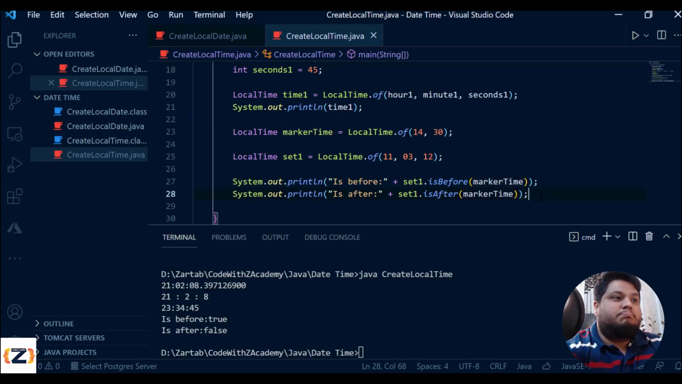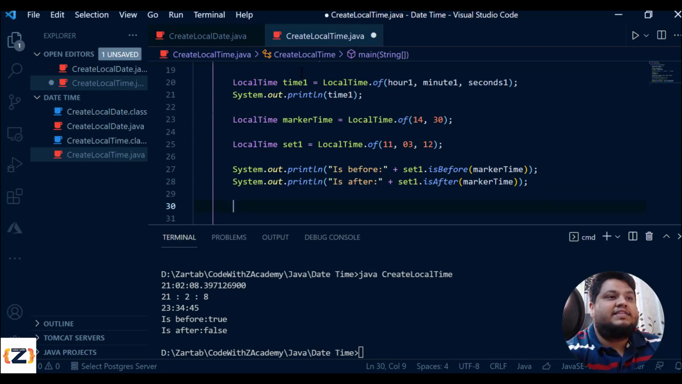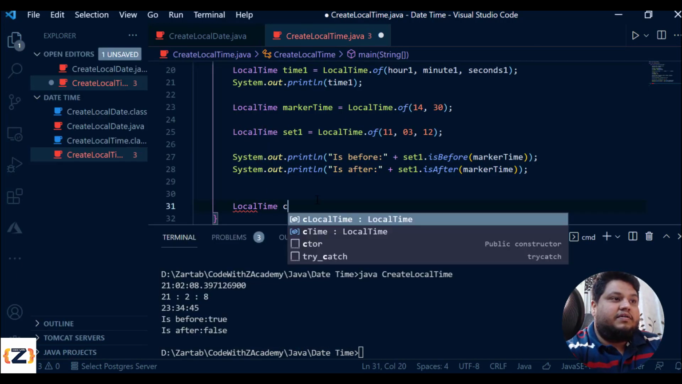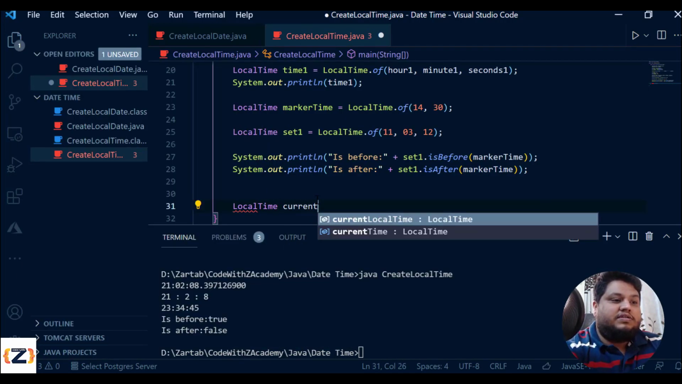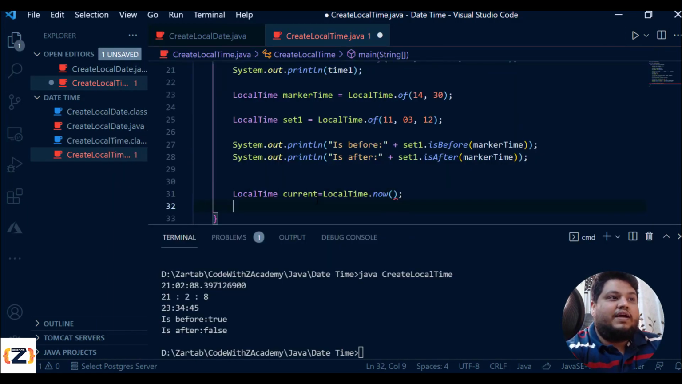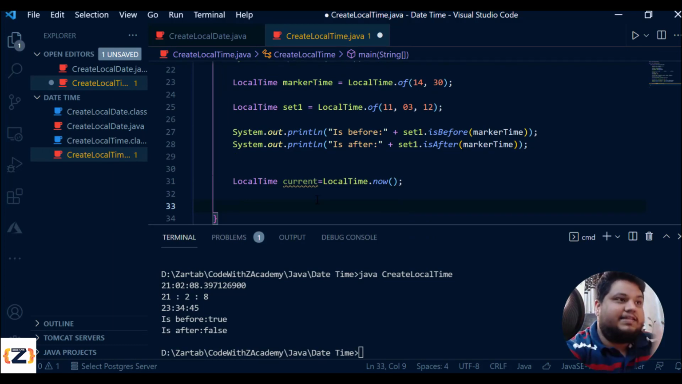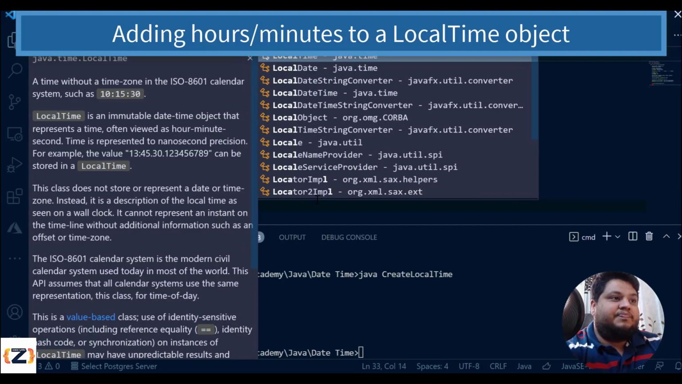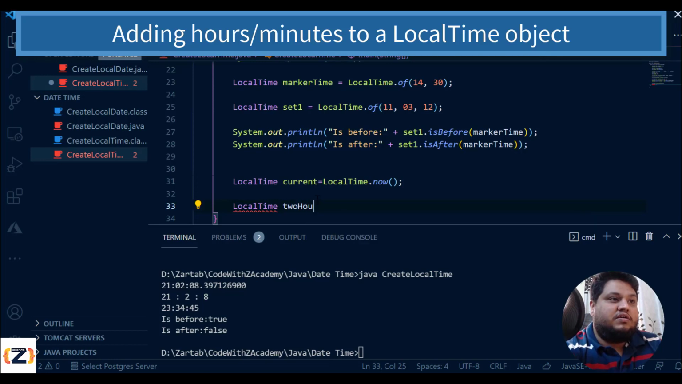I hope you got this particular scenario where I can check whether a particular time is before that time or after that time. Now let's say you want to create something based upon the timeline. Some person comes in now, so let's say local time current is equal to local time dot now. You give them the now time, and you want to find out after what time they'll be expiring, let's say 2 hours. Let's say you are giving some time based implementation, so I'll say local time 2 hours